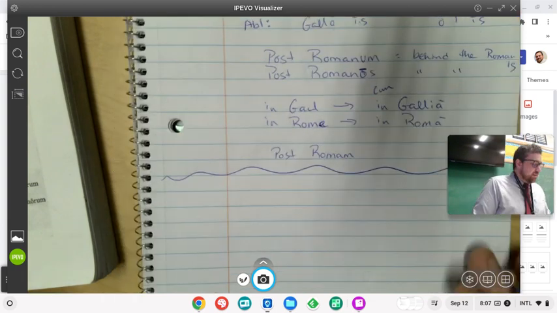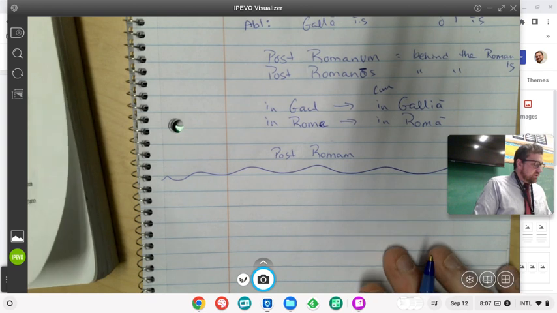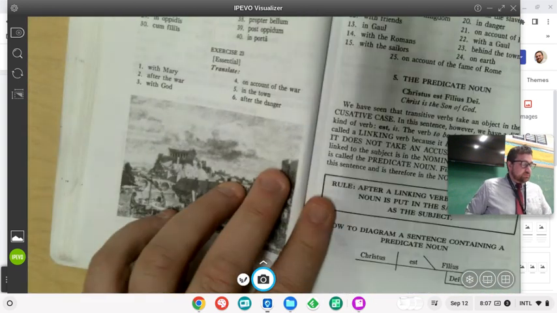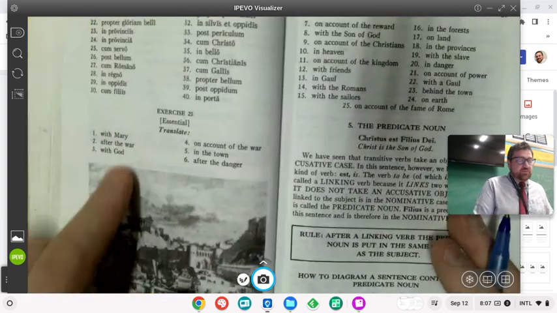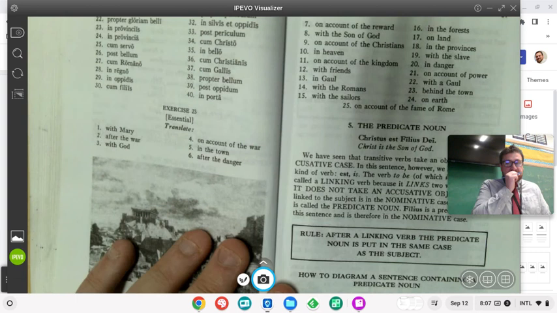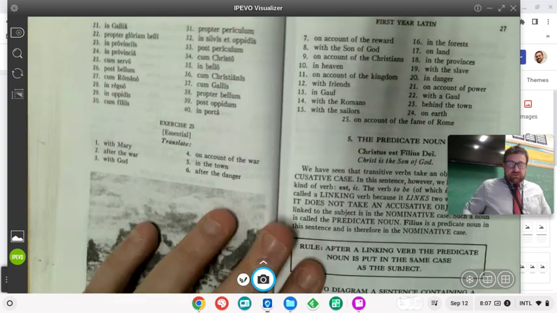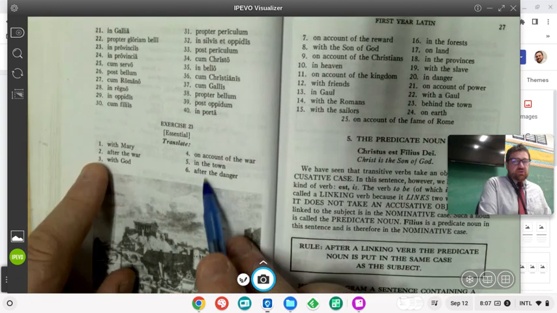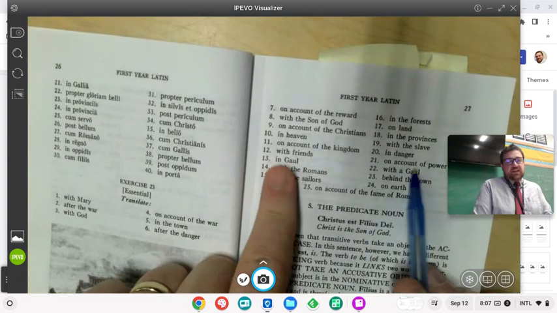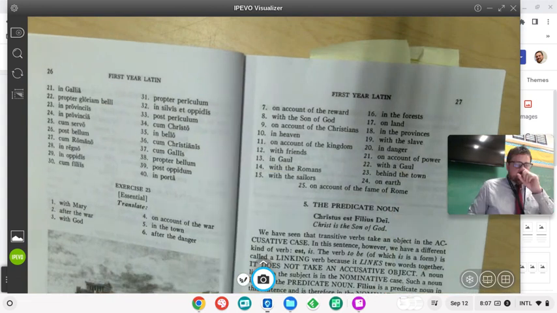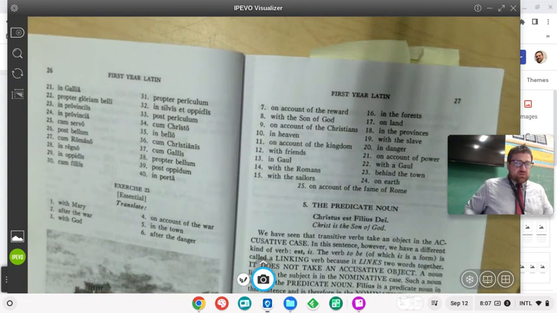Okay, let's look at exercise 23, which are a bunch of English, not full sentences, just fragments of sentences. And we're going to use some of these same things. We're going to do 1 through 6, which are on this page. That way, a homework assignment could consist of just what's on the opposite page, and then it's pretty easy.